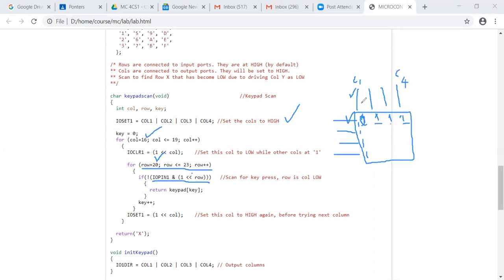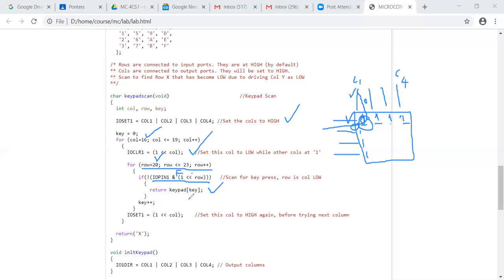So if a key is pressed, column 1 is connected to the row. That means we have set the column 1 value to 0 because of the clear here, and that output will be seen on the row which was initially 1, and now it becomes 0. And therefore you see the logic here: the row bit will be false, not of that is true, and therefore you read out the first key value, which is 0 there.